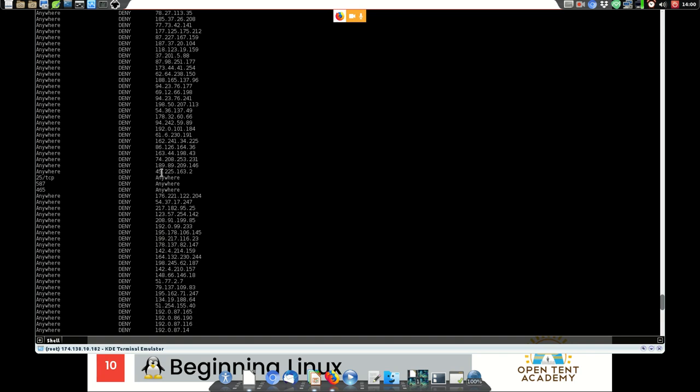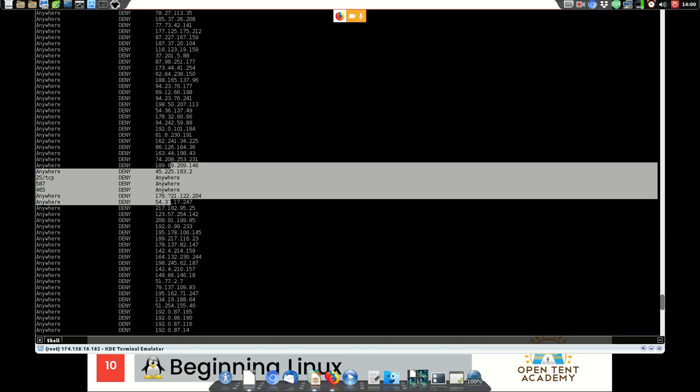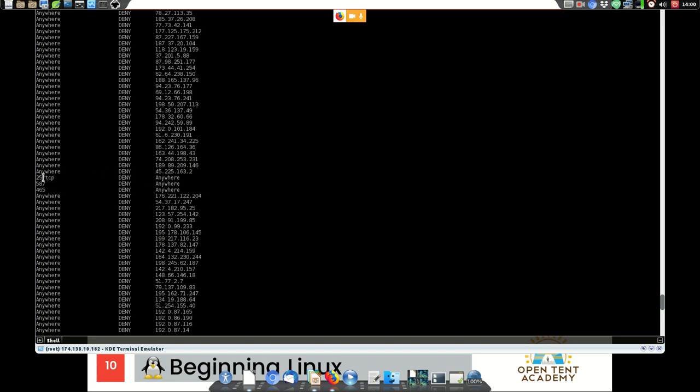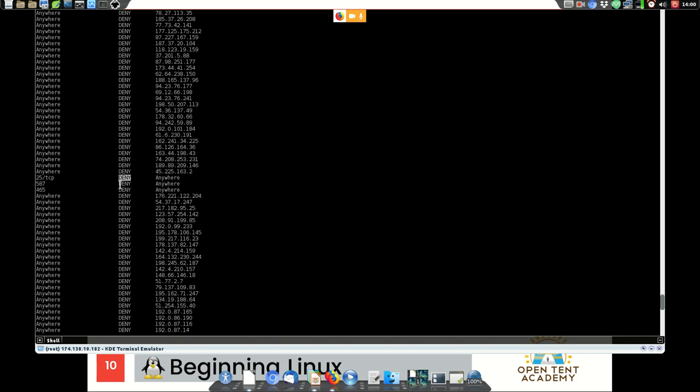Now you can also see 25, 587, 465. What these say is that anybody that tries to connect to my computer on these 3 ports is denied. These are my mail transfer ports, 25, 587, 465.